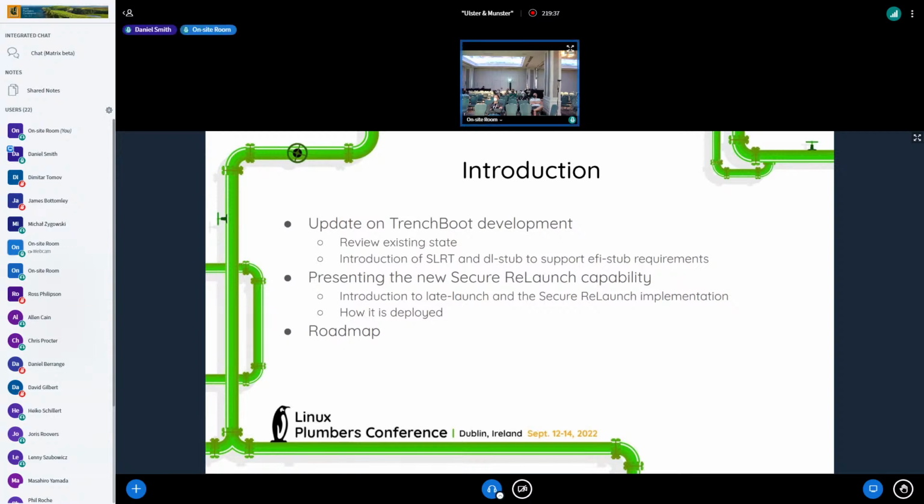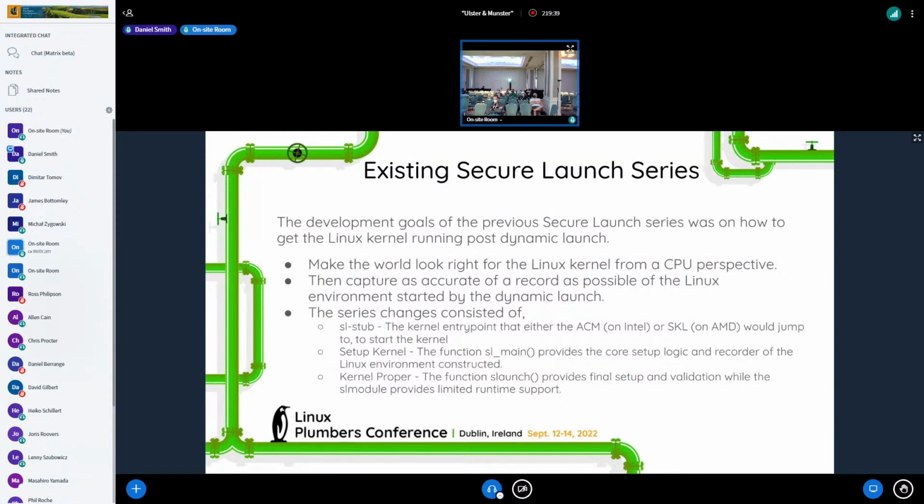So the existing secure launch series, as we wrote the first 5 iterations of this, most of the focus was on how to get the kernel started post dynamic launch. So for those that aren't familiar, when you do a dynamic launch, a hardware-based dynamic launch like you have on Intel and AMD,